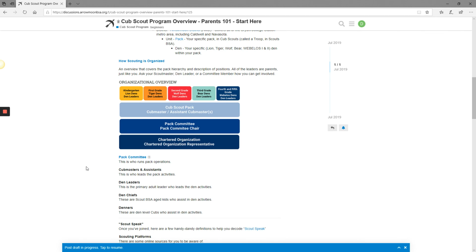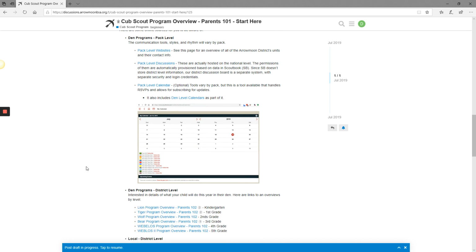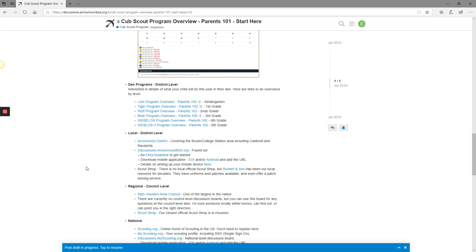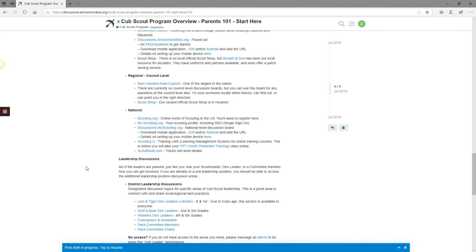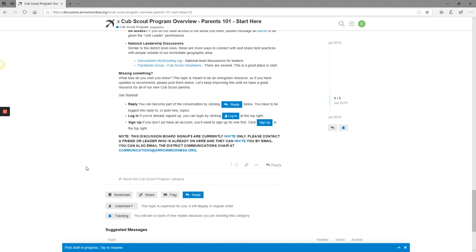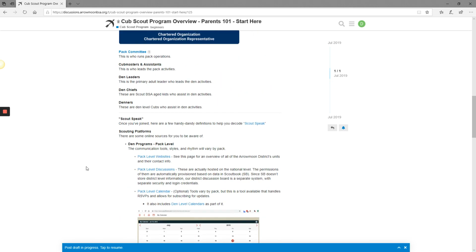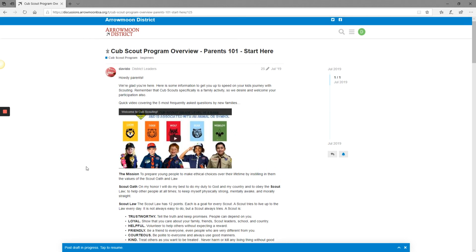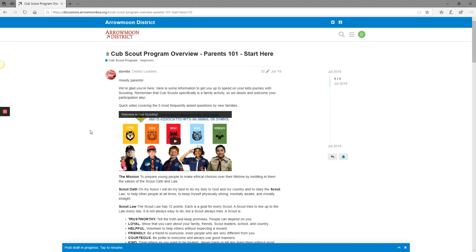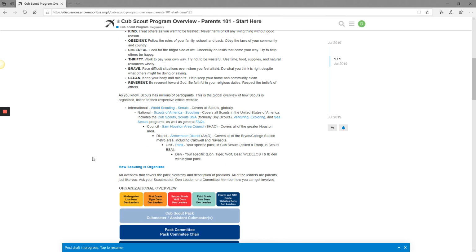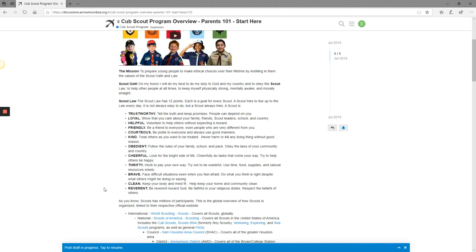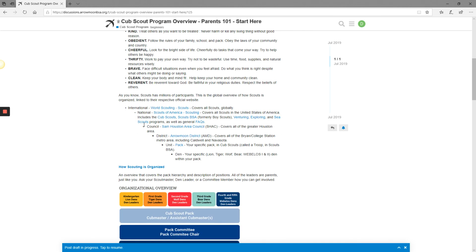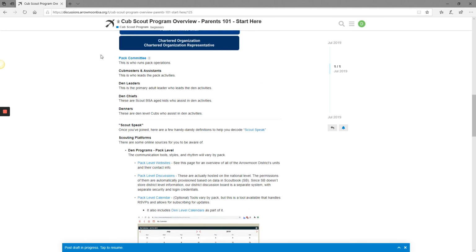And so when it came to our communications and the things that we talk about and how it's structured and all that, we created this as a resource for 101 parents. This is part of my Wood Badge ticket also. So just kind of an entry thing that for our pack we could send people, and then I set it up here so that people throughout the district have access to it, and it shows an overview of Scout law. I'll cover some more of this in a different